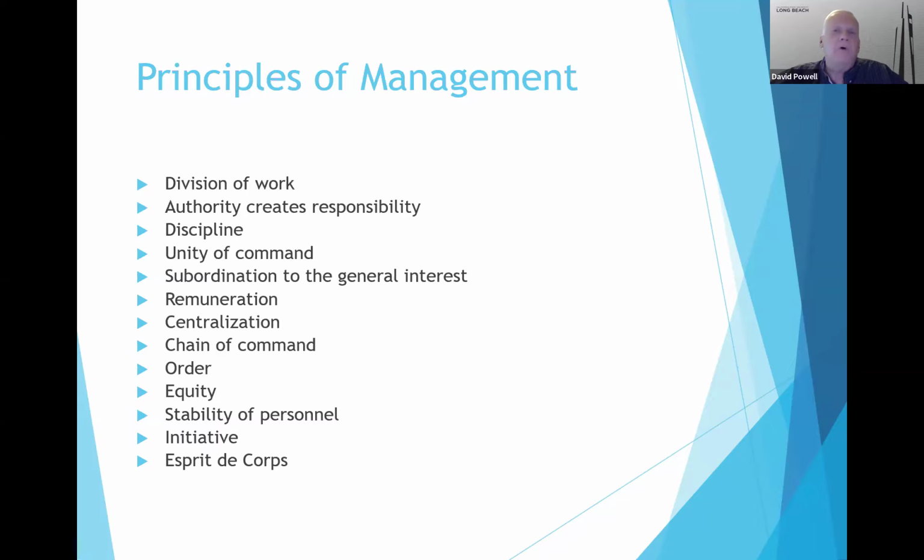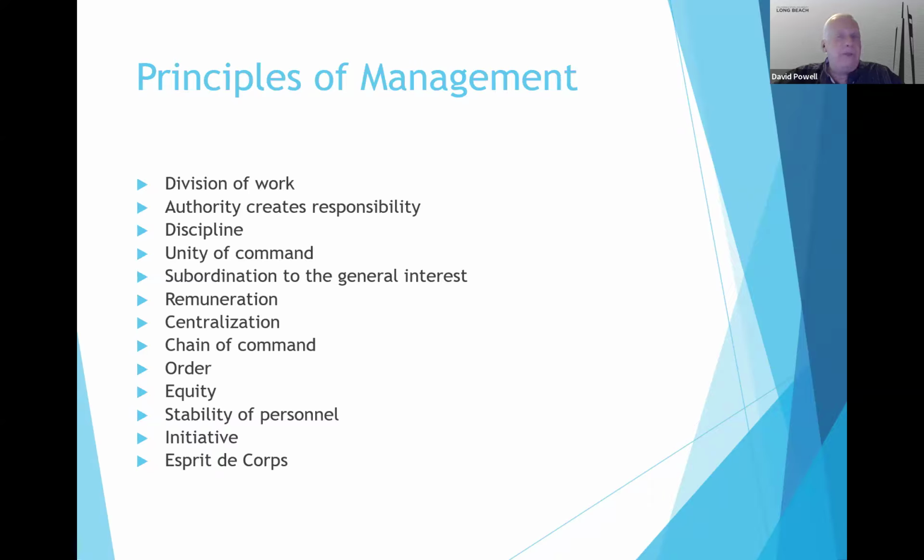We will talk more about the idea of equity in a couple of weeks when we talk about motivational strategies. And I'll talk to you about different theories of equity, distributional equity and procedural equity. And some theorists talk about the equity between inputs and outputs. But it's important that people feel that they're being treated in an equitable manner. Stability of personnel. Again, these are your career employees.